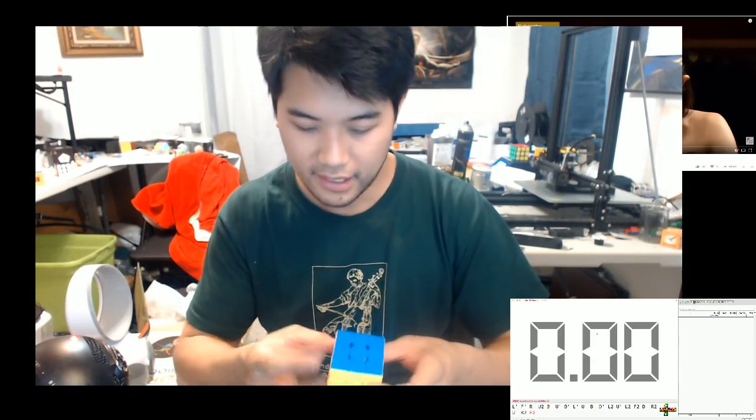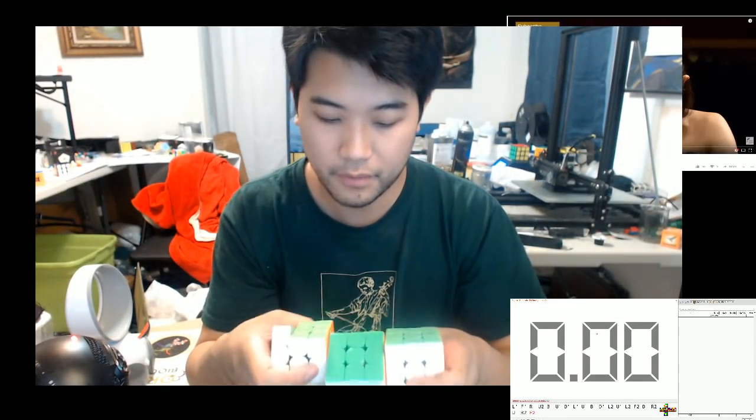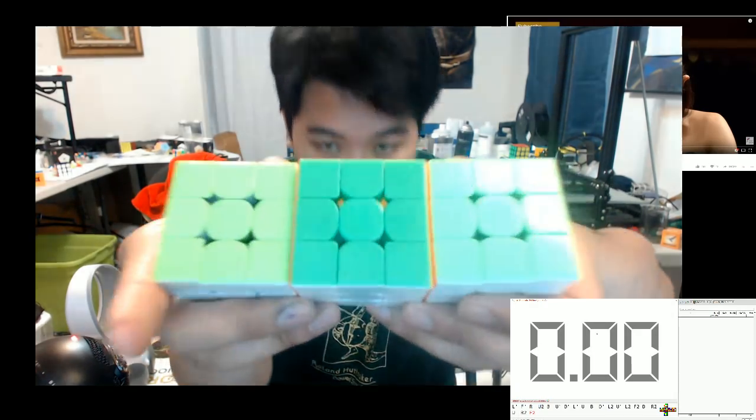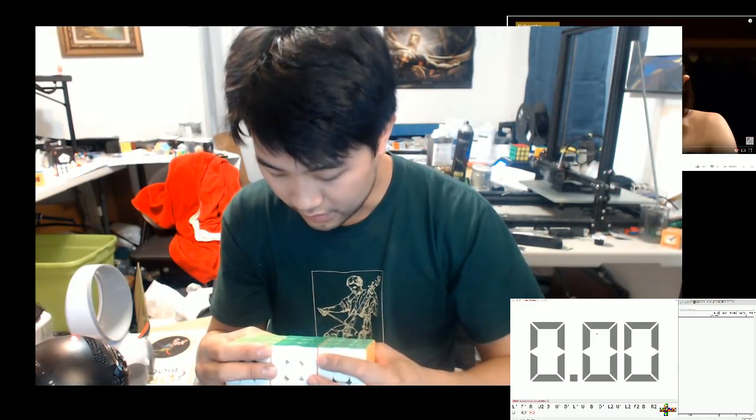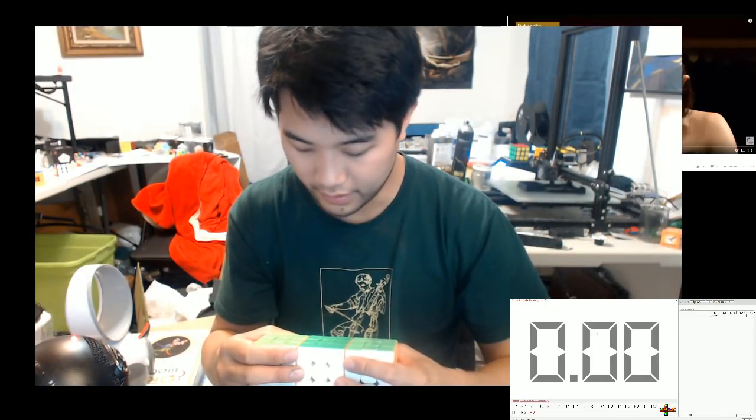This is it. I thought it was the Volk because the colors are different, they're halfway between the Volk and the GTS. So they're like a gradient of blue. It's in between the GTS blue and the Volk blue, which is the deep blue, and the greens are the dark green. So I like the dark green. I don't have my calipers on me, but this seems like it'd be 50, no, it's 55.5, I think. I don't have my calipers. But